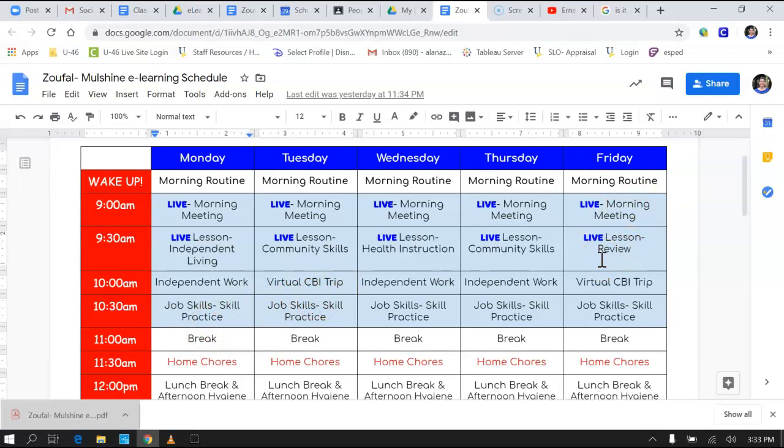I'm actually really excited about this, and I am so excited to see what all of you are doing at home with your families. So if you have questions or your families have questions about this schedule, please call Mrs. Zufel. You can talk to Miss Mulshine, Miss Tina, Miss Jillian, and Miss Kathy are also available to help you. So please let us know what you need help with or how we can answer your questions.